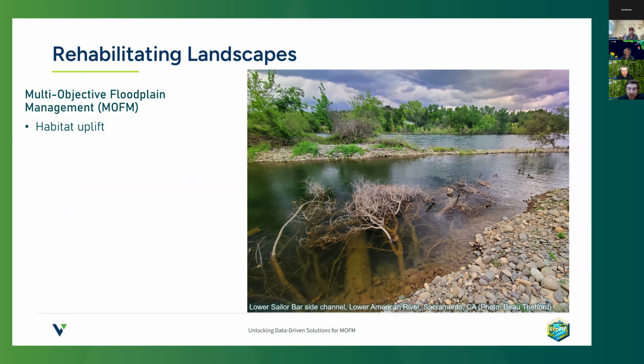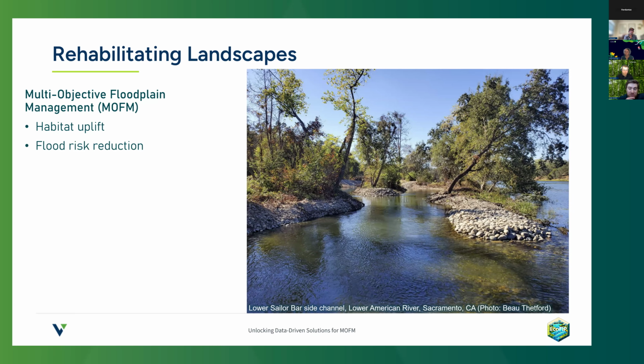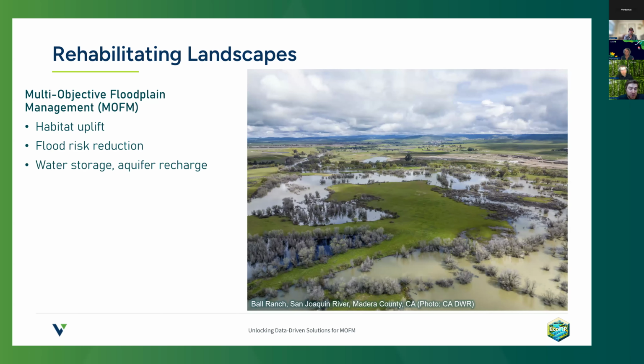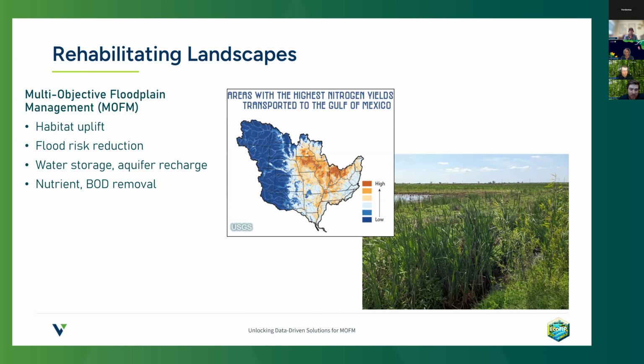This promotes things like habitat uplift, bringing back large swaths of floodplain and channel habitat for fish, amphibians, birds, and all the food webs that support them. But we also still continue to think about flood risk reduction. A really big driver of modifying these rivers and reconnecting them to floodplains is still reducing flood risk for downstream communities. We're also allowing water to get out onto the floodplain where it can sit for longer periods of time, slow the flow, and treat these areas as big sponges that can help recharge depleted groundwater aquifers. And we can also think about the benefit of floodplain wetlands for processing nutrients in impacted river systems.